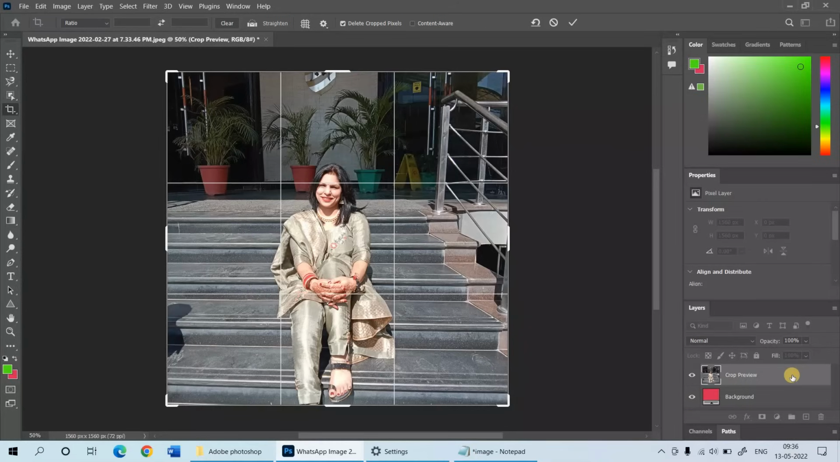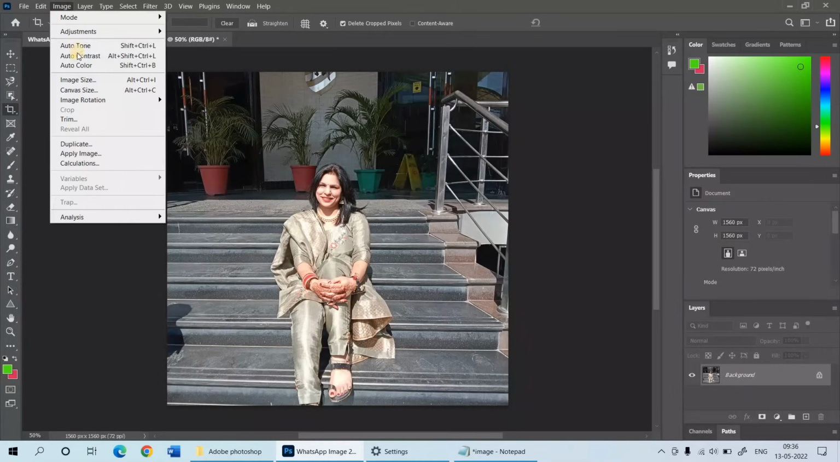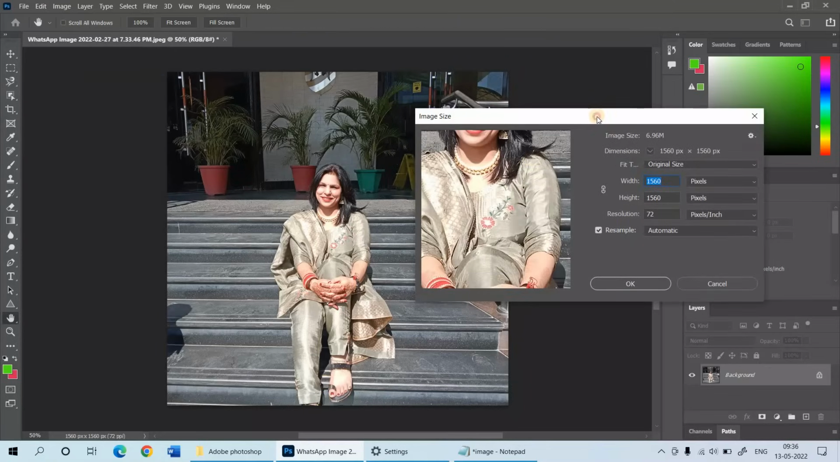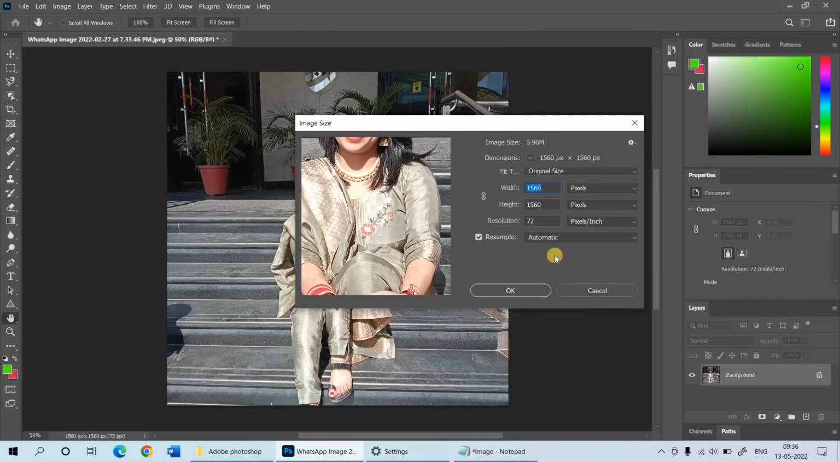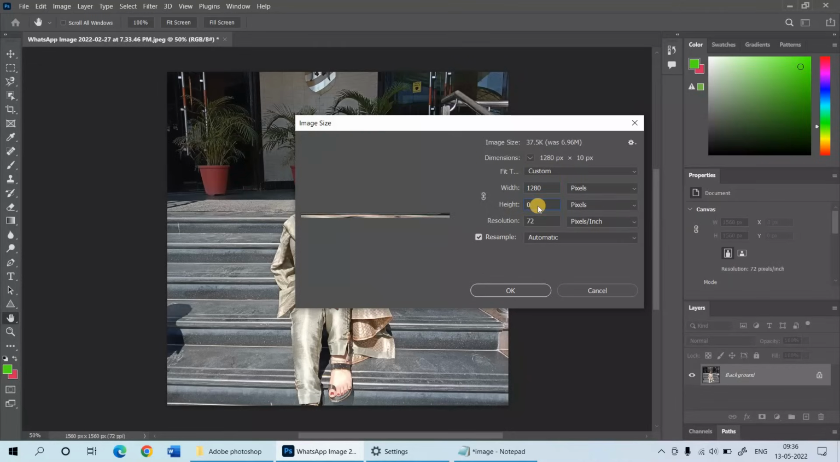For resizing this image, what you have to do is just click on Image and click Image Size. Now this is the option through which you can resize the image. See, here are options in the form of pixels, or if you want to set it in centimeters, you can do that also. As I am using pixels, suppose I am setting here 1280